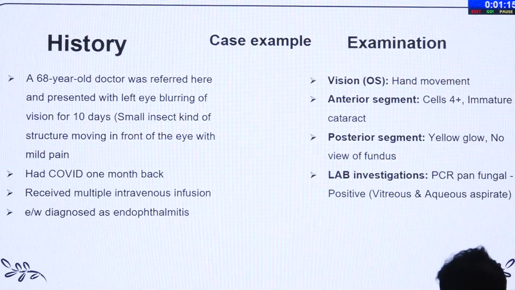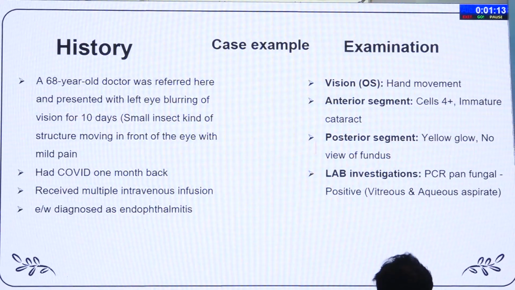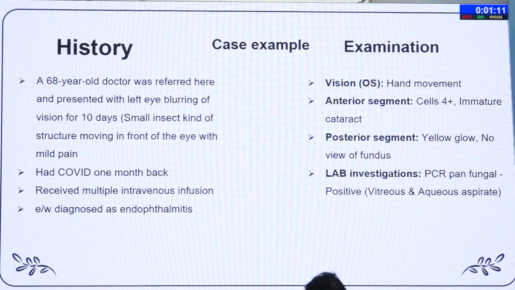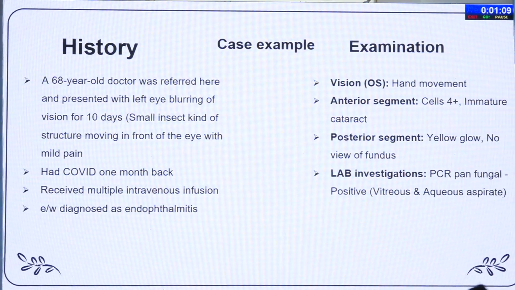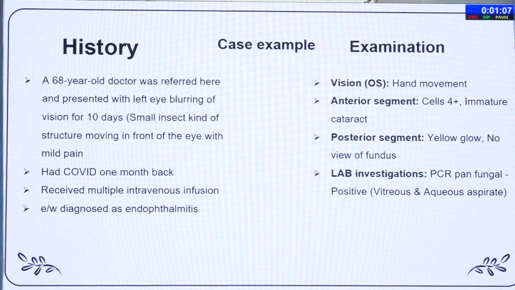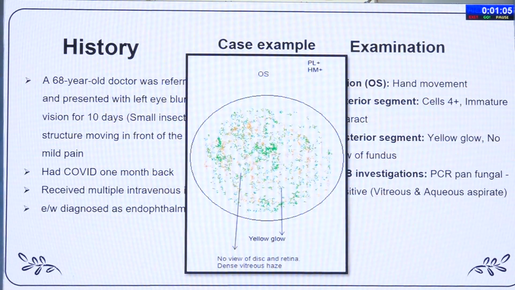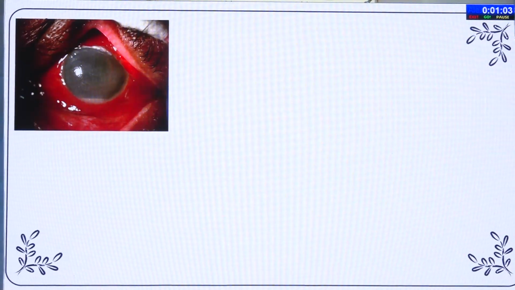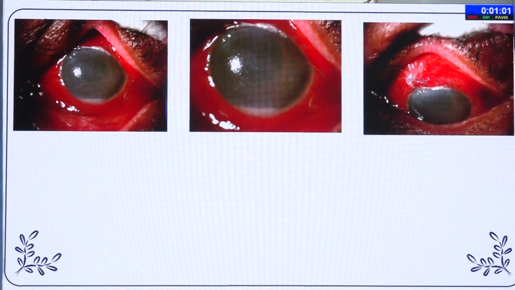The history is of a 60-year-old doctor. He happened to be my roommate. Actually, he had a COVID infection. His vision was hand movement, with a yellow glow in the posterior segment of the fundus, and ultrasound. This picture of the eye is quite disturbing,